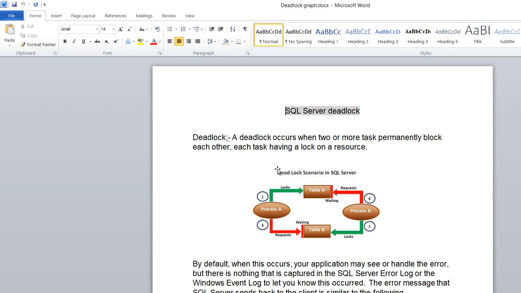So this is a deadlock situation. For deadlock prevention, you should avoid the cycle here, right? I have already explained. So this is the situation which causes deadlock. So here process A and process B are blocked by each other,